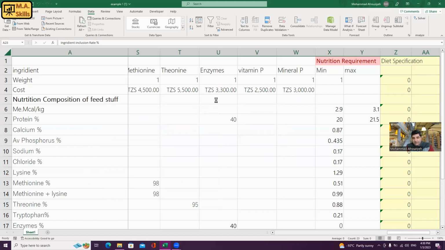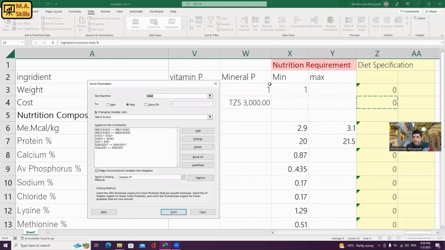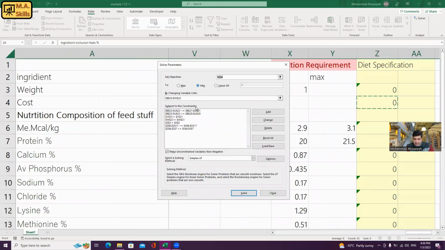So let me see if I can get it a little bit bigger. All right, for some reason, it's not possible to zoom on the solver window. I hope you can see the solver window. I just zoomed in the spreadsheet as much as I could. So look at the first constraint. It says cells B23 to U23 should be less than or equal to row 21, which is correct,